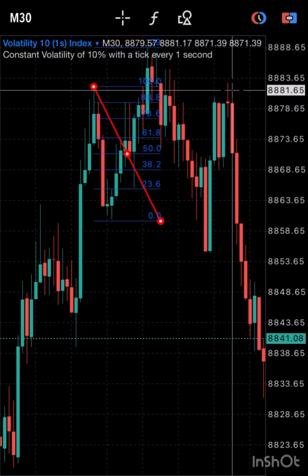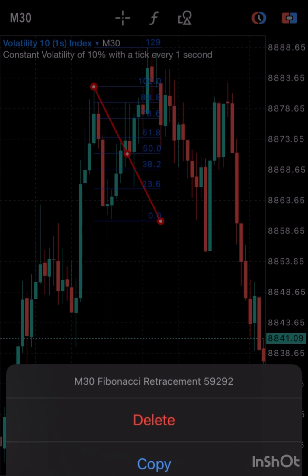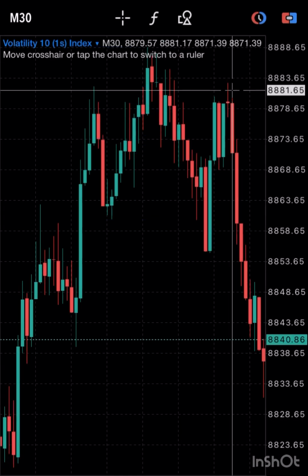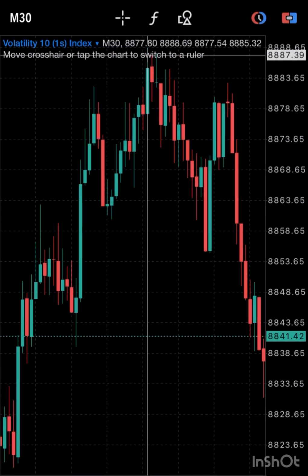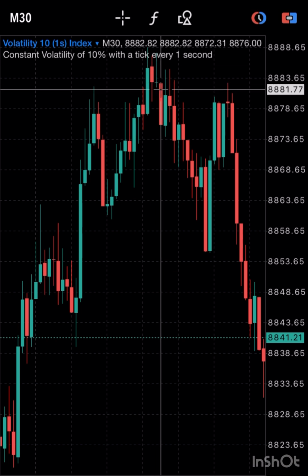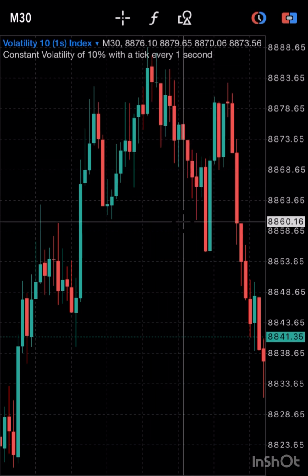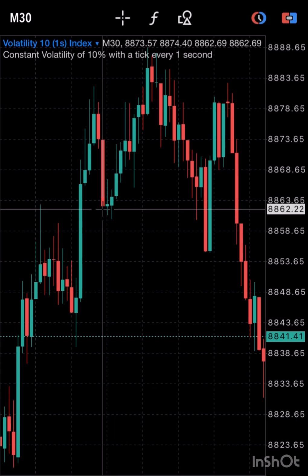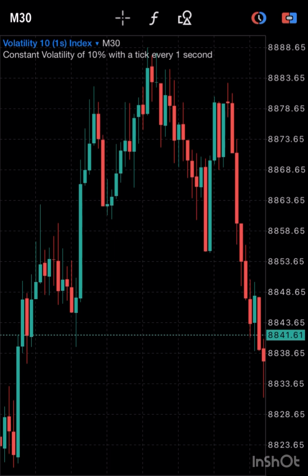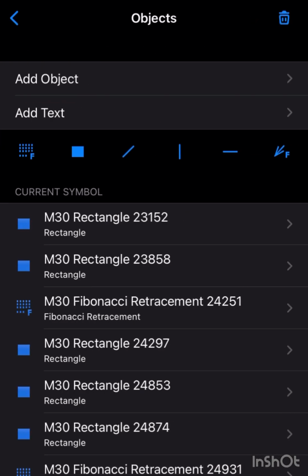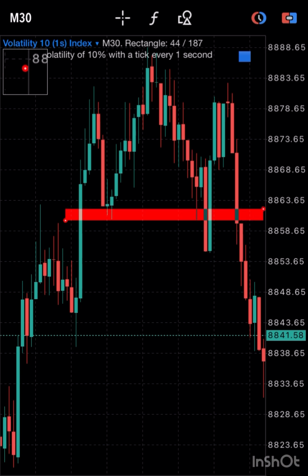So you can see what I'm talking about. So now we've been able to validate that second leg. Now the next thing we need to do is to validate. Now as the market starts coming down, the only condition for this particular leg is that the market will get to at least the neckline. So we're going to put a zone on this neckline just to